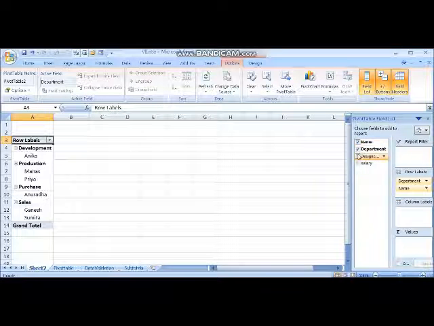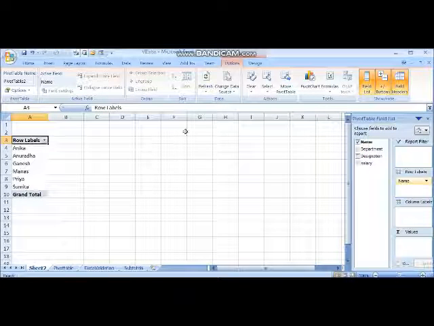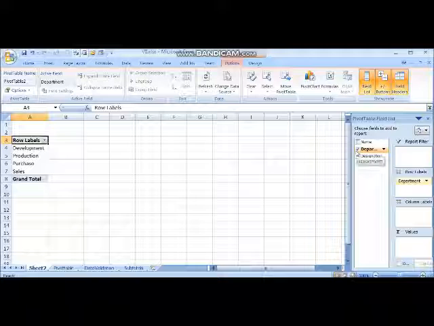Okay, so whatever report you want, you can get it from the pivot table. Select the particular field and display the names. Suppose you want only the names, so names will be displayed. Suppose you want only the department, departments will be displayed. So any type of summary you want, you can get using your pivot table.